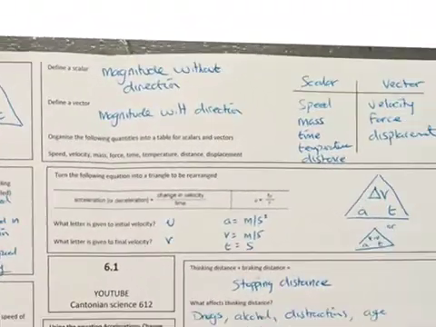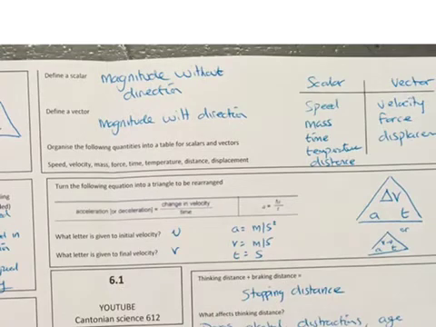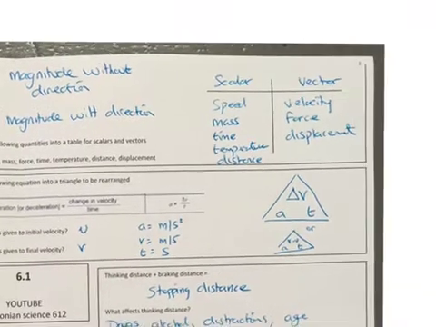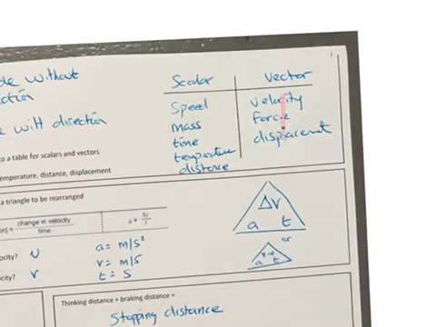I'm going to go up to the top now, because I've talked about these things, scalars and vectors. Well, a scalar is magnitude without direction, and a vector is magnitude with direction. So you've got a quantity without a direction, such as speed, mass, time, temperature, distance. And then things with direction are things like your velocity, which is the vector of speed, meters per second for them both. You've got displacement, which is the vector of distance. So distance is just a magnitude. Displacement is a magnitude with direction. And then force has got a direction as well, which we'll come to see